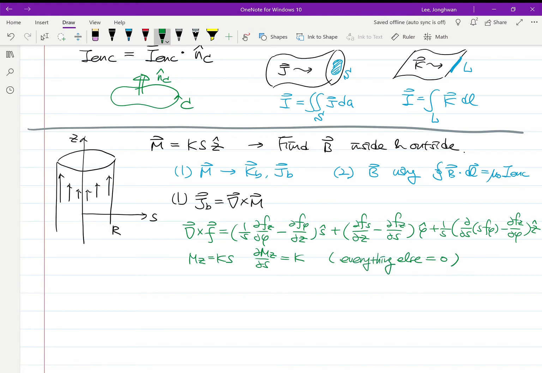So now you can see only this term, the partial of M_z over the partial of s, will survive. So J_b equals